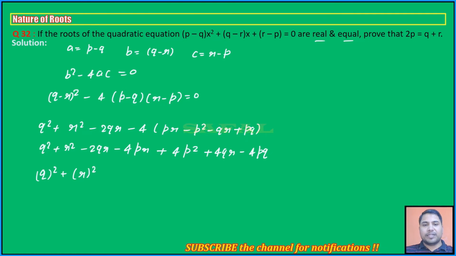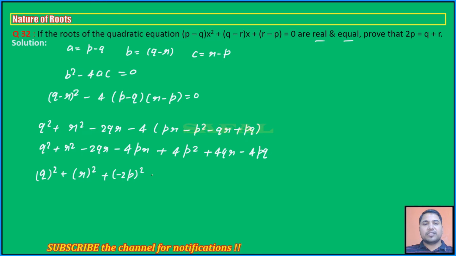This 4p square, can I write it as minus 2p the whole square? Why I am doing so, you'll come to know just now. So now plus 4qr and minus 2qr is basically plus 2qr. Okay, then we have minus 4pr and minus 4pq. Okay, so अब इसको अगर आप गौर से देखेंगे तो ये अपने को दिख रहा है q